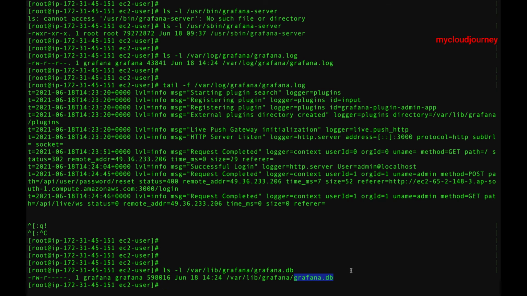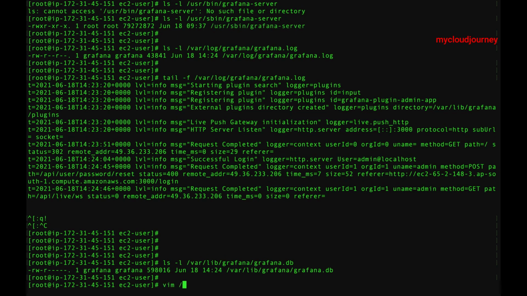But if you are deploying Grafana for a production environment, I recommend you always go with either PostgreSQL or MySQL. Grafana supports 3 different databases. First is SQLite itself, the default one, second is MySQL, and third is PostgreSQL. Depends which one you want to go with.